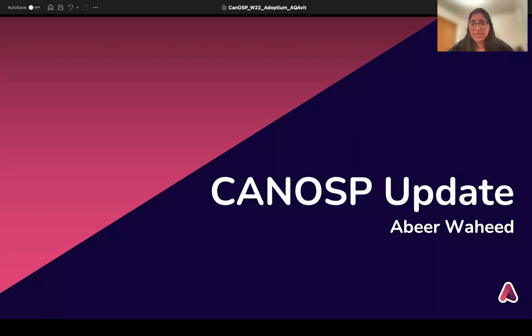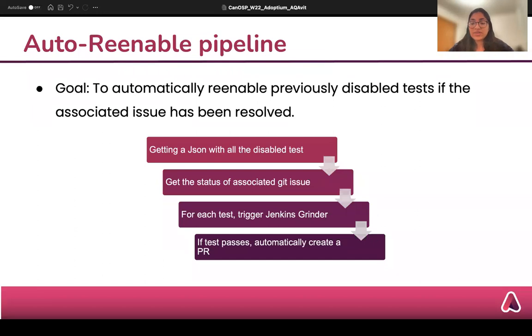Today, I'll be giving an update on what I've been working on as part of Canos. First of all, I want to thank my mentors, Shelly and Lan, for this opportunity and also for helping me throughout the Canos term. For this Canos update, first, I would like to give an overview of the auto re-enable